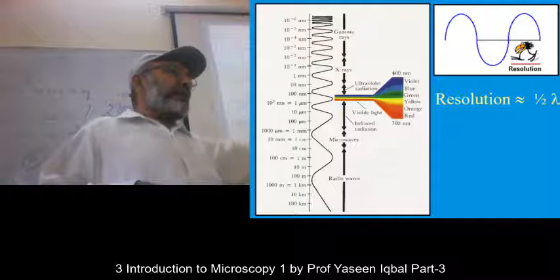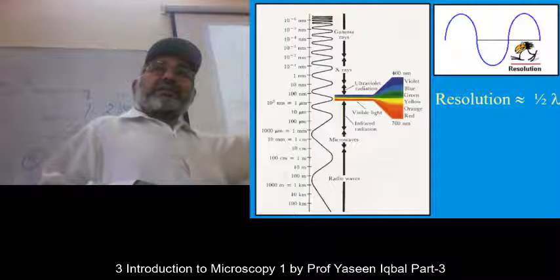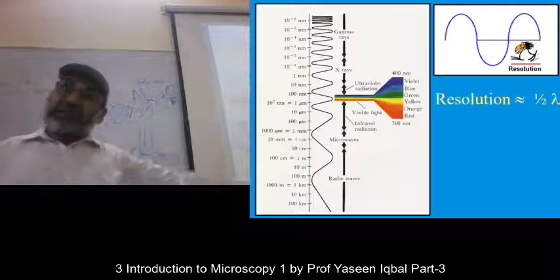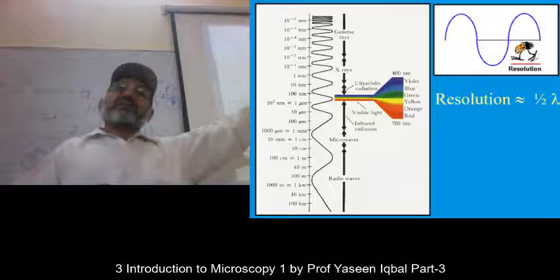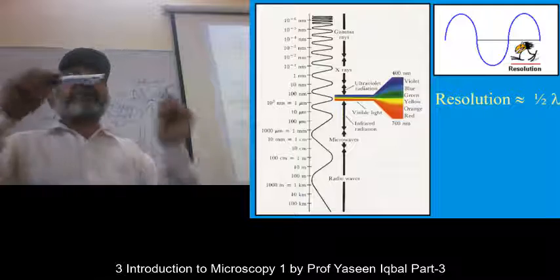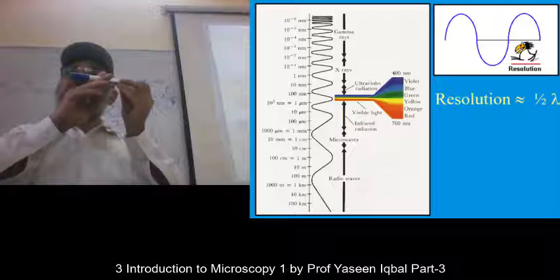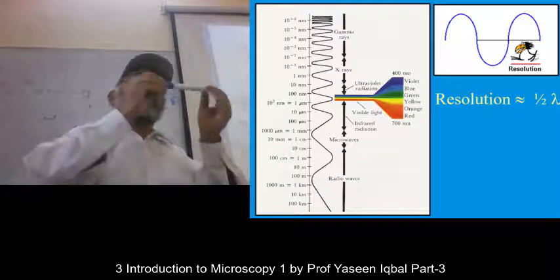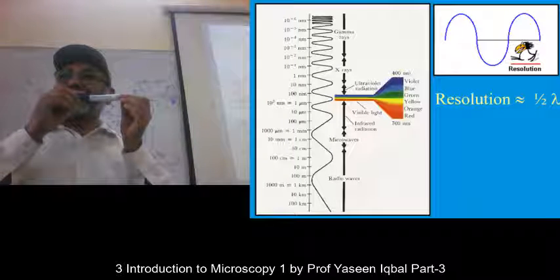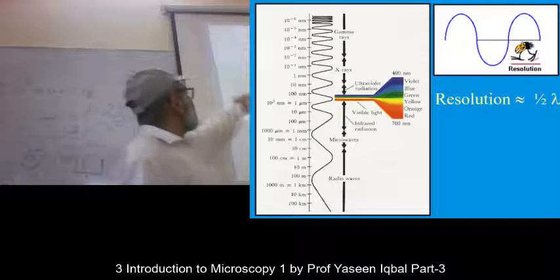Understood why optical microscopy failed? Because of this, that the wavelength, you couldn't decrease it, you couldn't bring it down to enhance the resolving power. The fixed length, you can't decrease it. So you cannot measure features smaller than this. You can't resolve features smaller than this. You can't decrease the wavelength beyond this